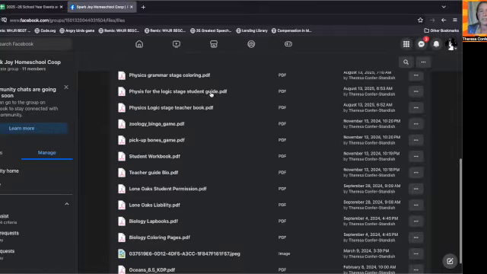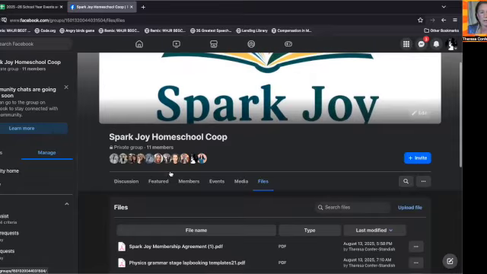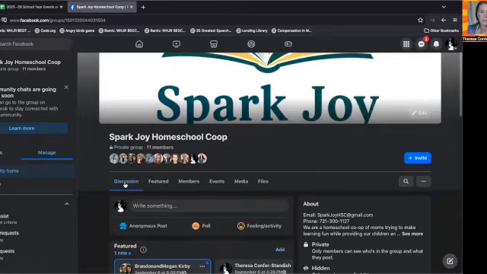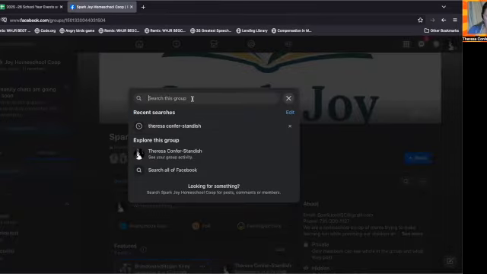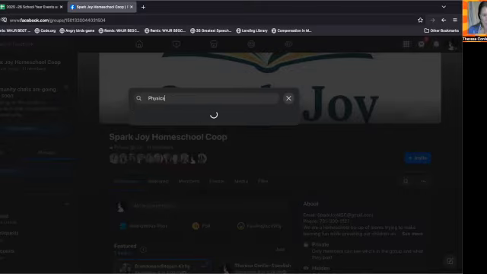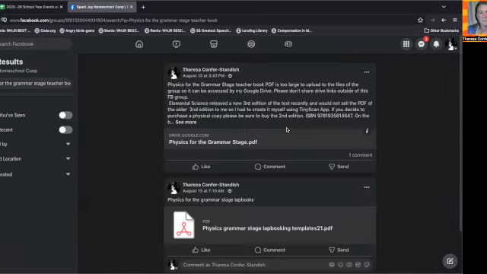The logic stage student guide. That is for our middle and high school. Logic stage teacher book. That's for our middle and high school. The elementary school book was too large to upload to the files, so you do have to go to the discussion area and you should be able to search it. I think it's physics for the grammar stage teacher book. And it is. So if you type that into the search, it'll bring you to that file